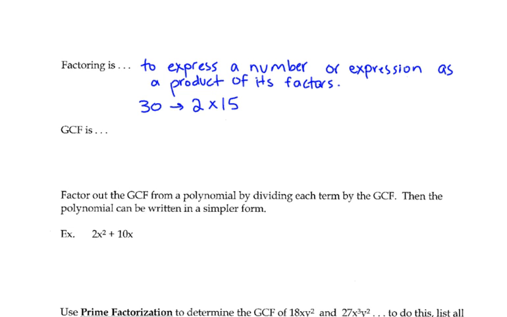Does everyone remember what a greatest common factor is for a polynomial? Well, what's the greatest common factor? When we found greatest common factor, what were we looking for when we prime factorized? The largest number they have in common. So for a polynomial, this is what it is. It's the largest monomial that is a factor